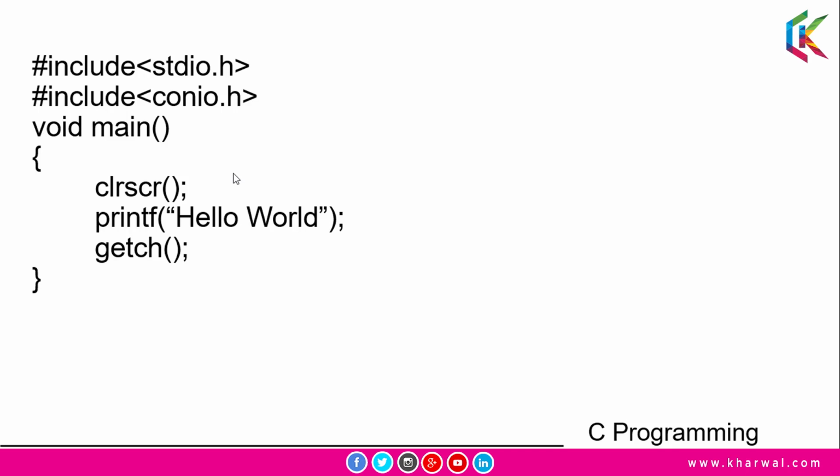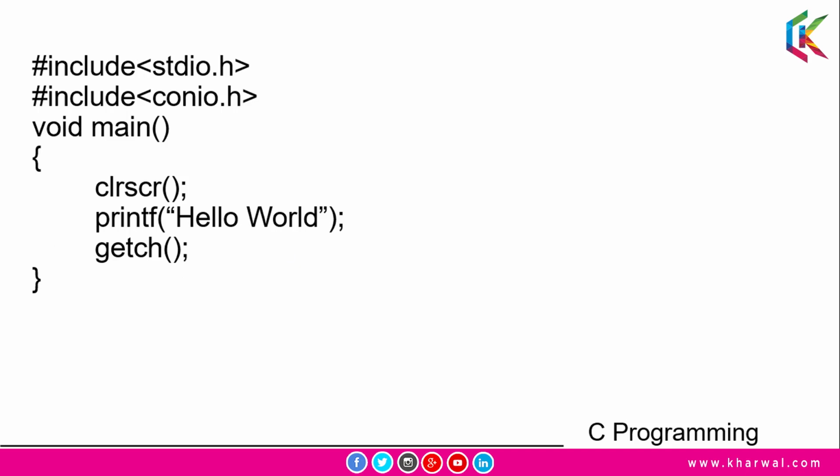And the main function is the starting point of a C program, and we are using void because our function is not going to return any value, because a function has a property of always returning a value. And here I am using the clrscr function to clear up the console, and we can print the desired string on the console with the help of the printf function, and getch is used to show the console.